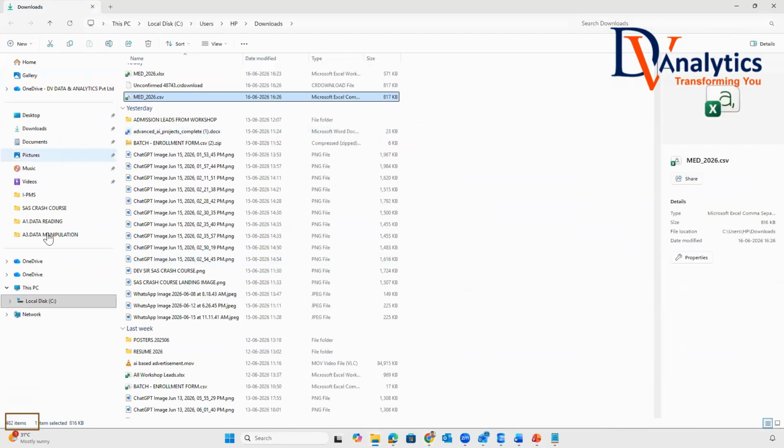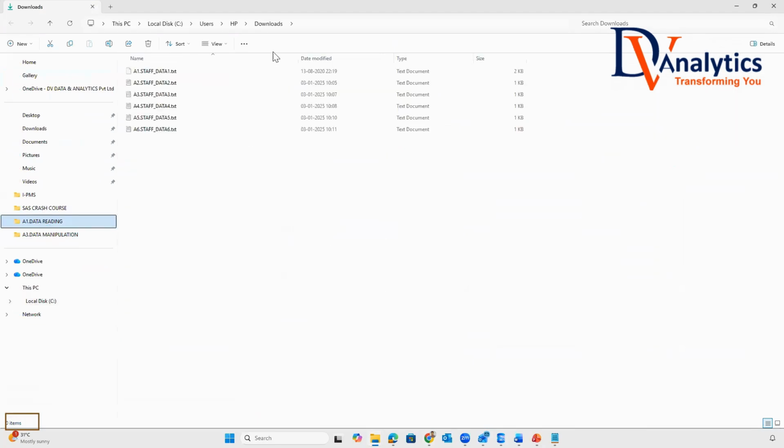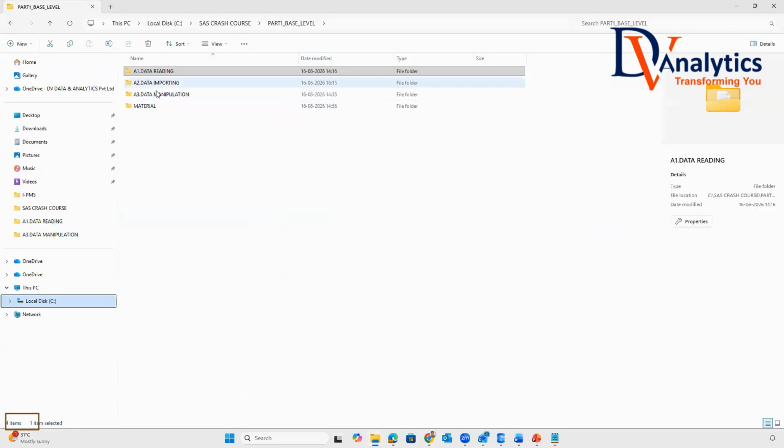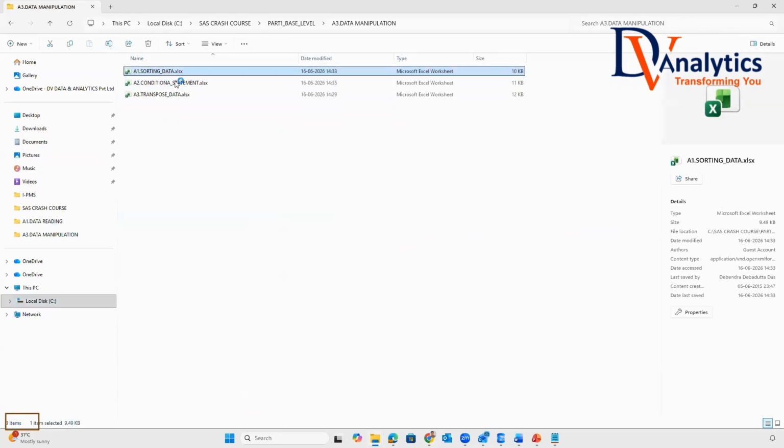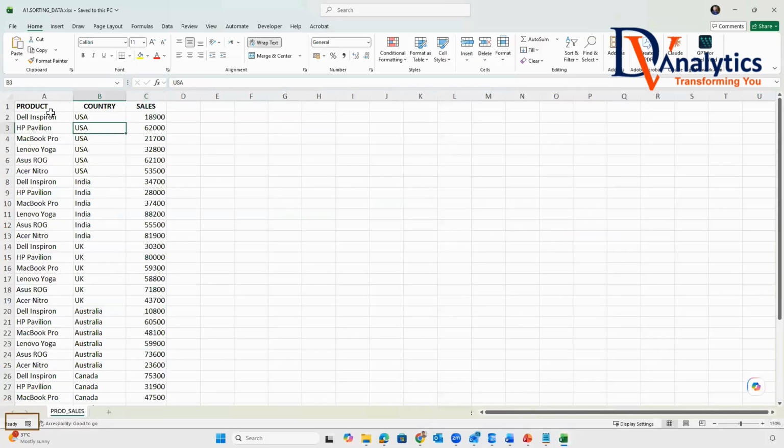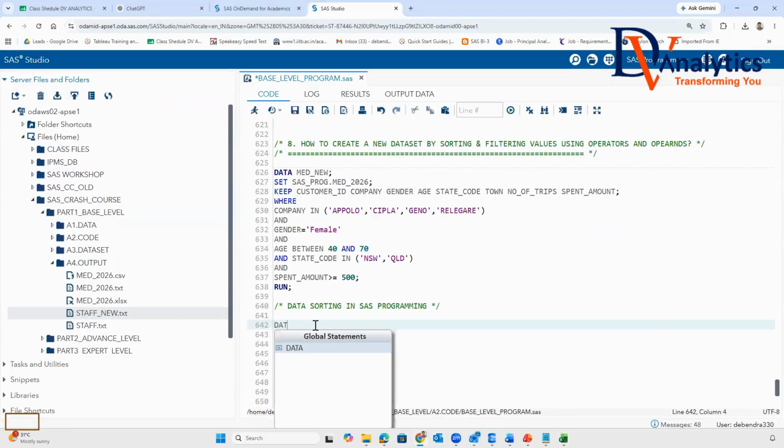Now let's look at your folder. In data manipulation, there is a data set given as data sorting, product sales. Now let's go for creating this data in your SAS environment, copy pasting from here. So how would I do this? I'll write data prod underscore sales.